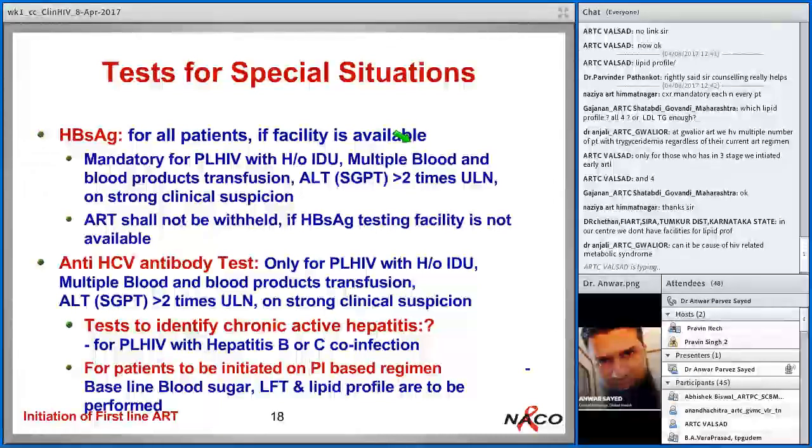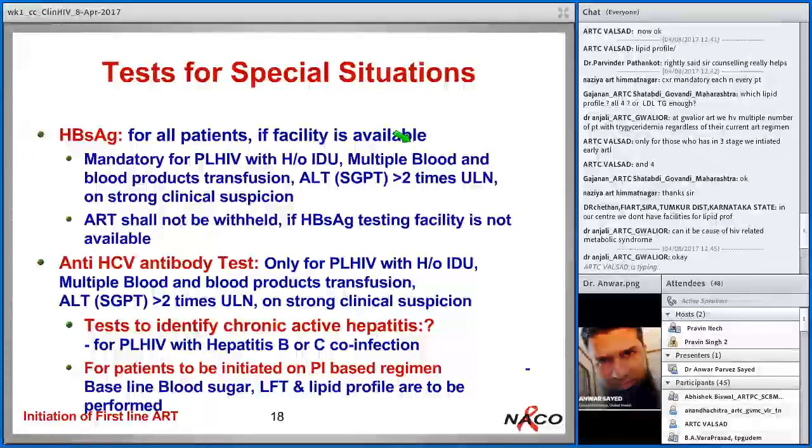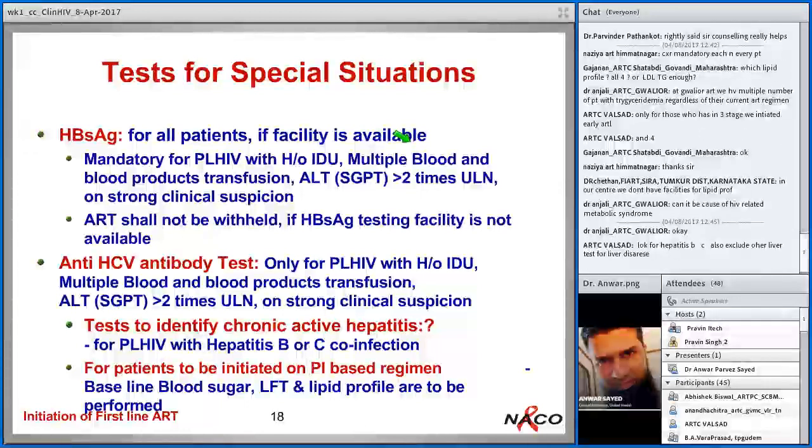In our center we don't have facilities for lipid profile. Most of the centers don't have facilities for lipid profile. So if you don't have it, try to get it done. But again, as I said, it is not necessary in all patients. Those patients who are on a PI based regimen especially will require lipid profile to be done. So if you do not have that, refer the patient to medical college if you really require it. But if not, then it is okay, because what can you do if it is not available? So try to talk to your superintendent and others and try to get it arranged. But these are things we keep on trying, and it is not necessary that we will get it in each and every facility.